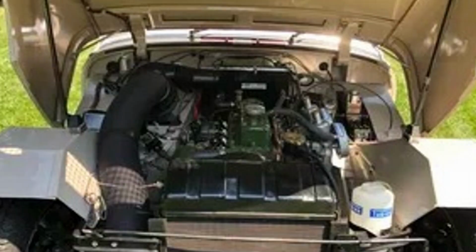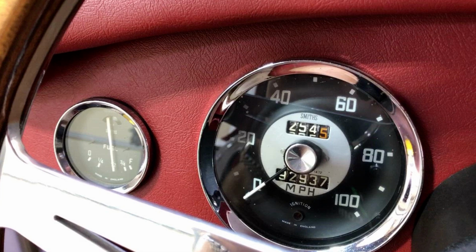1960 Austin Healey Bug-Eye Sprite Convertible. Matching numbers, fully restored, low mileage. If you've been searching for one of the finest examples of a true British sports car icon, this 1960 Austin Healey Bug-Eye Sprite is it. With just